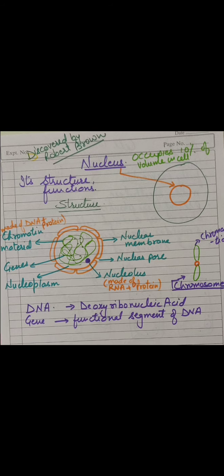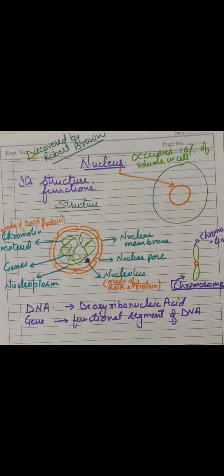What does it mean? It is a part of the DNA due to which the DNA is able to function. What is the function of the DNA? It carries the heredity information from one generation to another. It means whatever features or characters we have, they pass to the next generation because of these genes. Because a gene is a part of DNA, DNA has the same function as the gene. DNA constitutes chromatin, so whatever is the function of DNA is the function of chromatin. So if a question comes to you, what is the function of chromatin material?